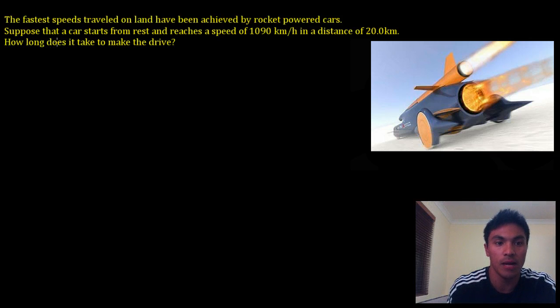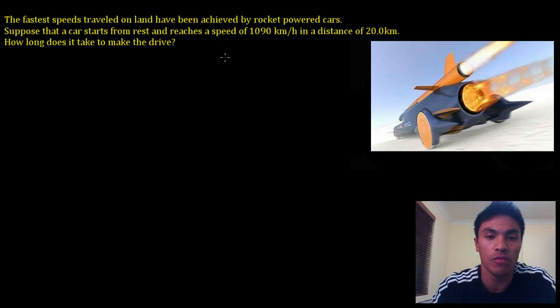First off, it gives you speed and asks for how long it takes. Now speed here, don't get confused with actually finding the speed. In most kinematics equations you want to come up with velocity. The biggest difference between speed and velocity: speed is the scalar magnitude of velocity, so it's how much, it's the number. But in order to get a vector quantity, velocity just needs to have a speed, so a magnitude, and